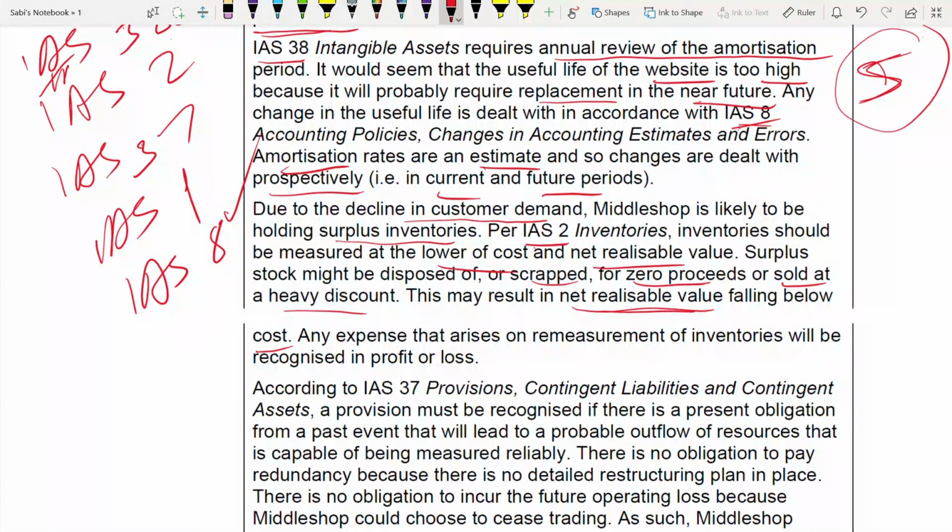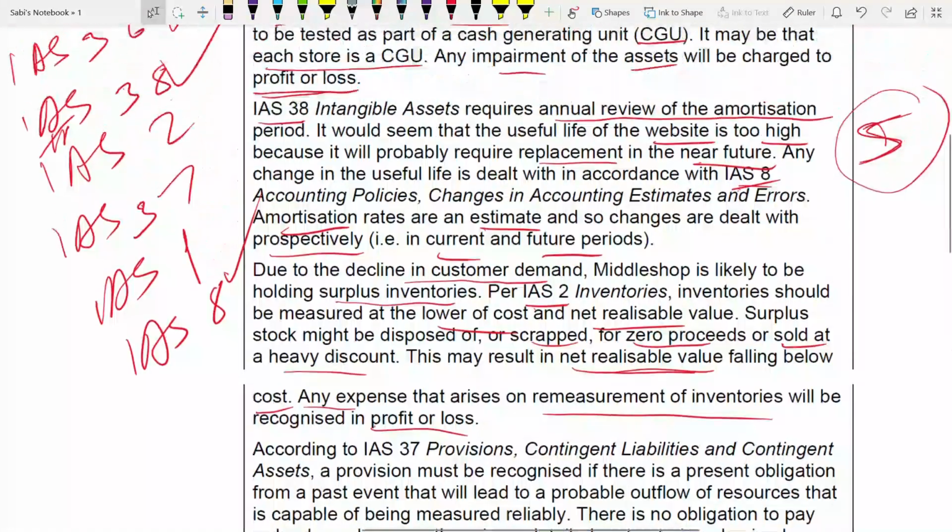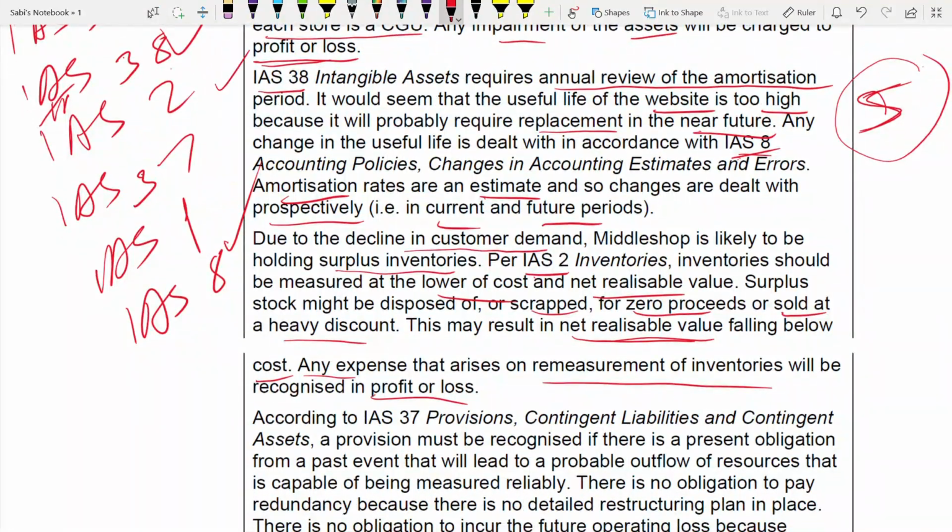Because of this, it's an expense. It's kind of an expense only for you, what you are doing to sell that excess surplus or having that excess inventory. It's an expense only. So this expense, okay, will be recorded in profit and loss once again, because you have to remeasure your inventory because of this. What is the impact? Inventories will be remeasured now because of this pandemic. And it's an expense which will be recognized in profit and loss. Now, so this is also over. IS2 is also over. Now let us go to IS37.